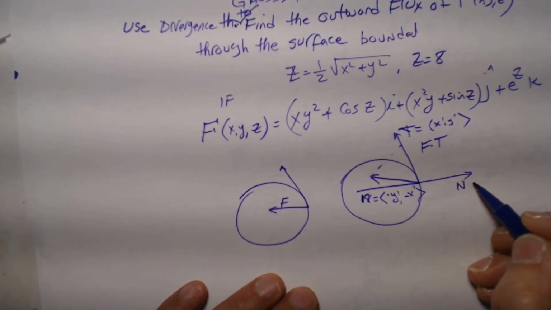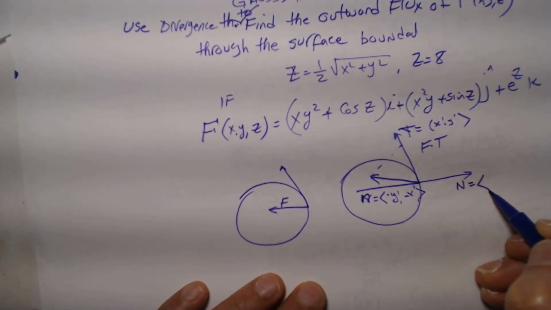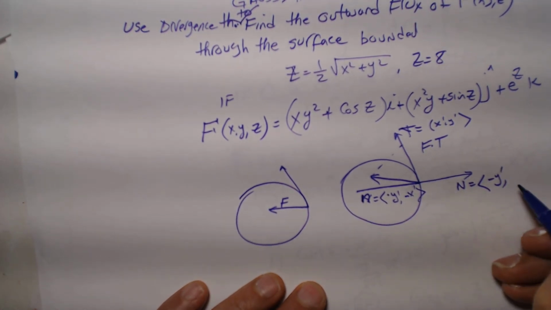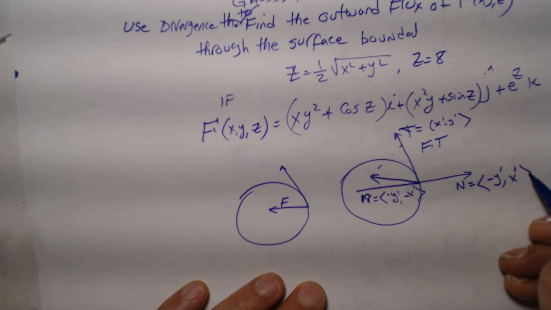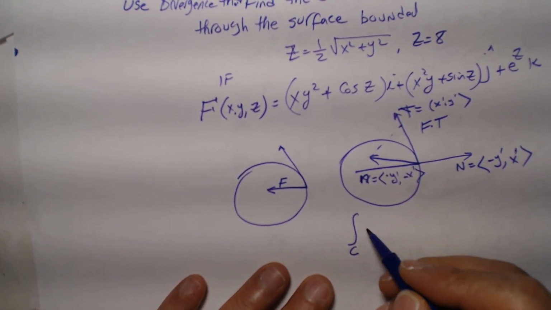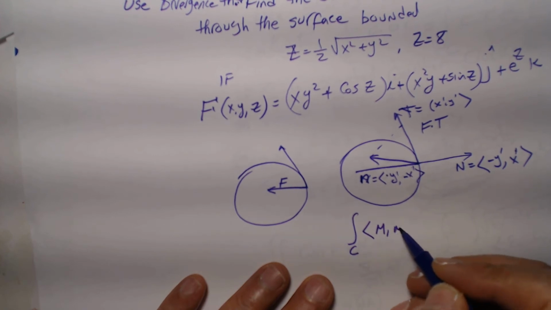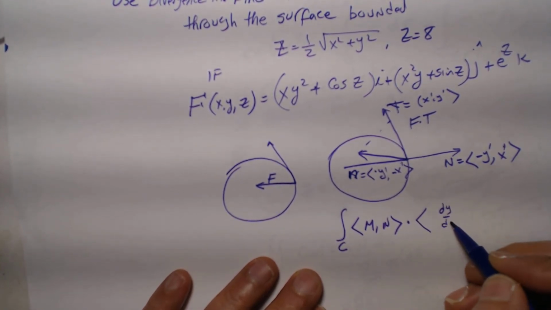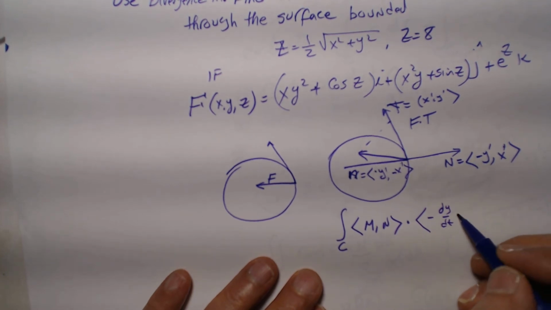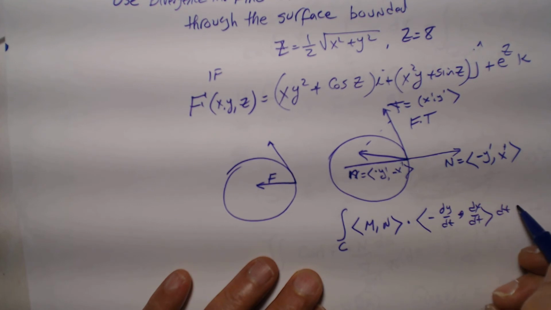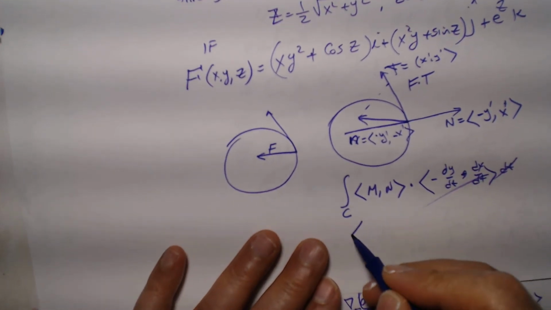Therefore, that's my n, you switch the sign, and it becomes negative y prime, comma, x prime. And then if I write this vector field as M and N, and dot it with dy/dt, comma, negative dx/dt,